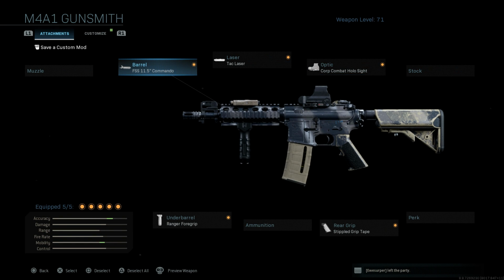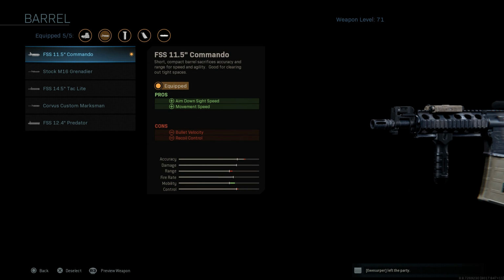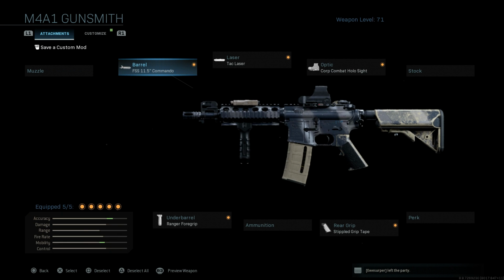So what you want for the MK18 CQBR Mod 0 is the barrel for the FFS 11.5 Commando. It's going to give you the shortest barrel you can get in the game. Aim down sight speed as well as movement speed are going to be your pros. Bullet velocity and recoil are your cons. But again, this is a close quarters battle rifle, so we can take those cons for this build for the